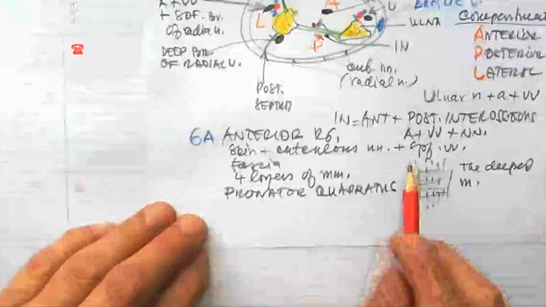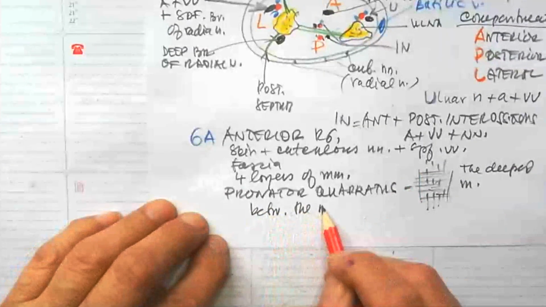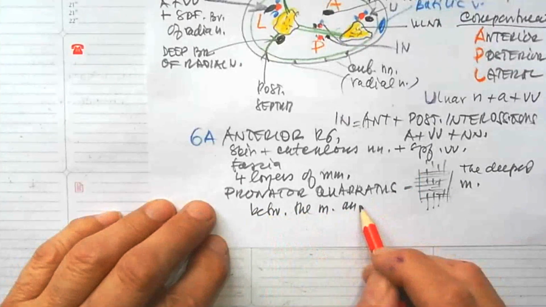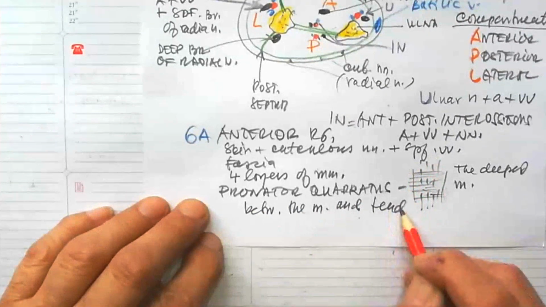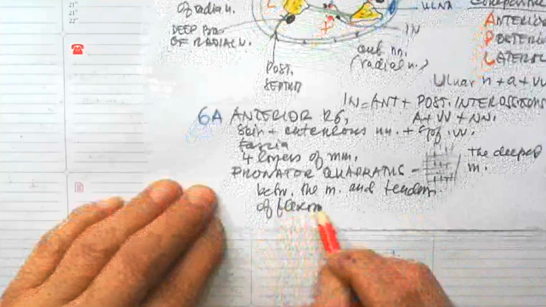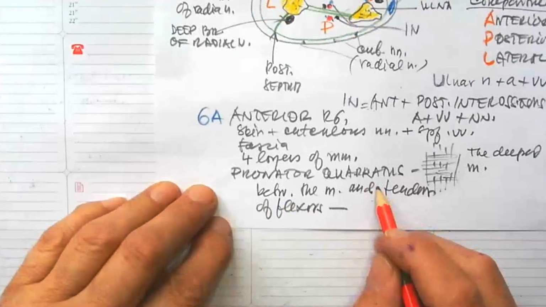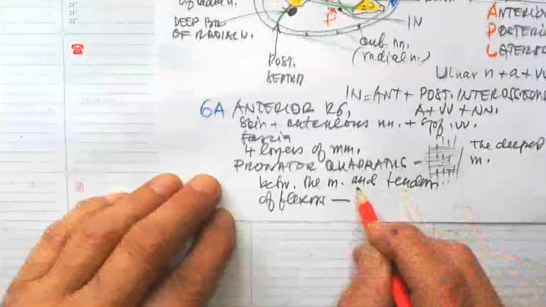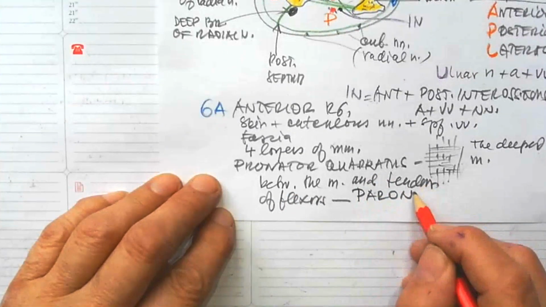Between this muscle and the tendons of flexors is the space. Surgeons name it Parona's space,